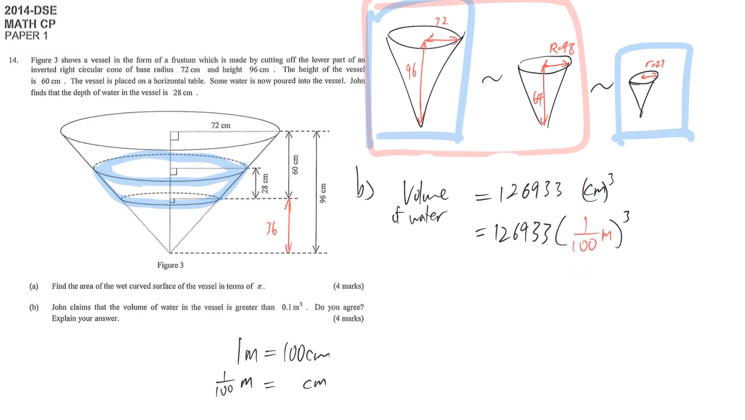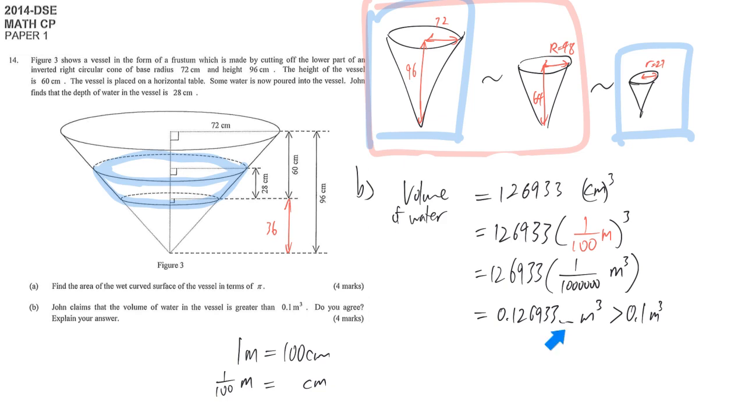Afterward, we just follow our index law. 1 over 100 power 3 gives 1 over million. And then m power 3 gives m power 3 here. So it's 0.126933 m power 3. And then with the same units, we can compare with this. This is larger than 0.1, larger than 0.1 meter cube. So that's why you say that agree that